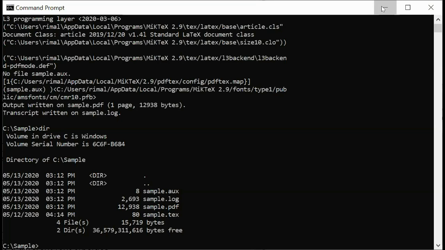For what T1 means, or what other arguments inside the brackets mean, you have to check the documentation of the fontenc package. Then only you will come to know what this T1 is. I told you, you can go to the CTAN website, search for fontenc, you will get the documents and all the details from there.